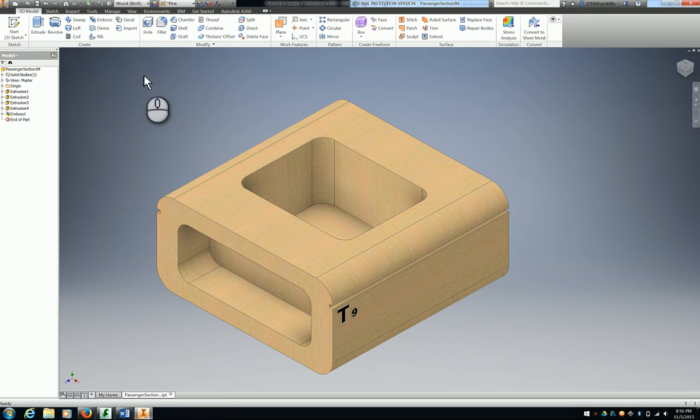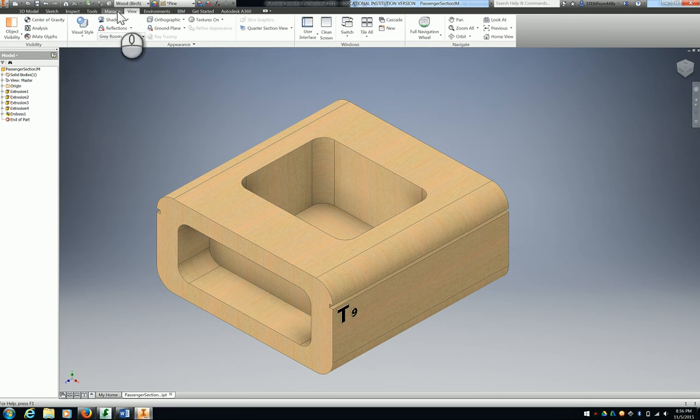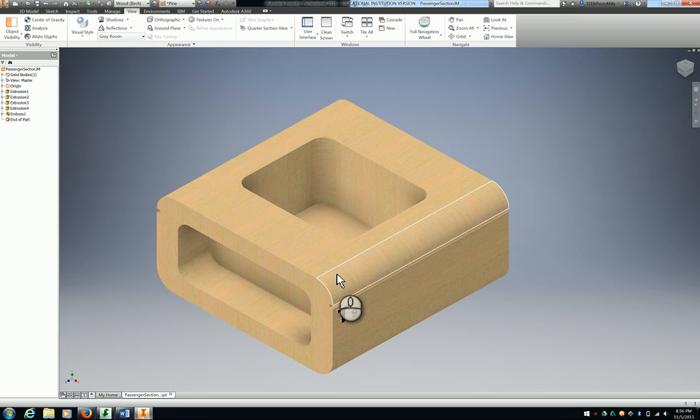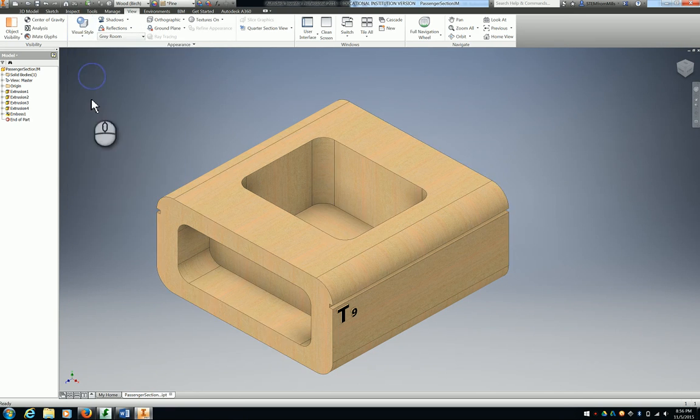That looks sharp. If your view doesn't look like mine, you might want to double check your visual style. I like mine with edges. If you don't have edges, sometimes it blends together. You can't really tell where those edges are. So shaded with edges. Oh, beautiful. Save it, submit it, and you're going to be done with